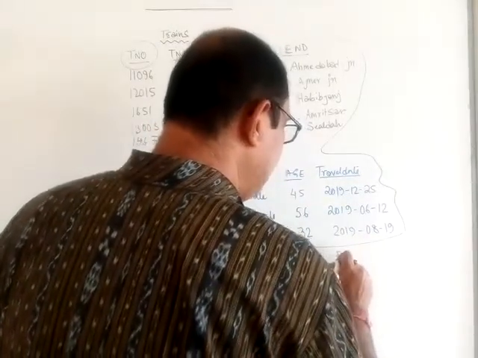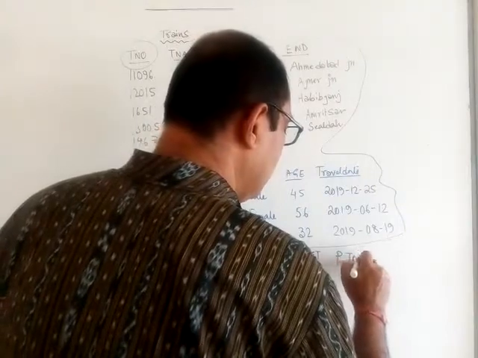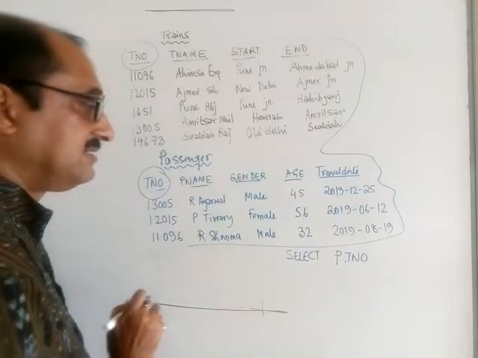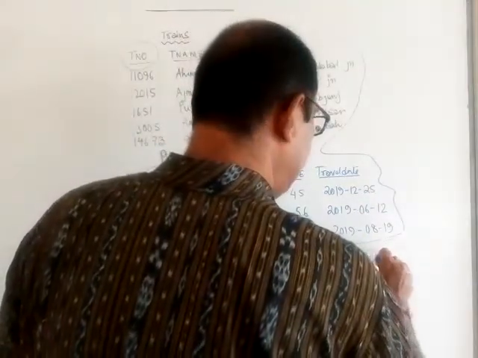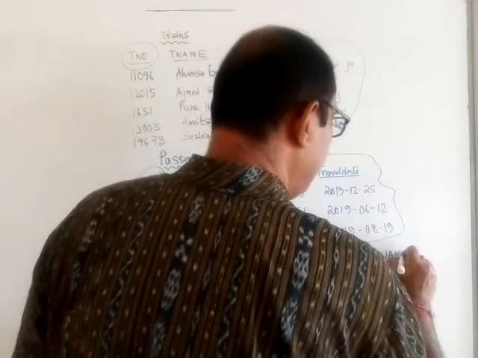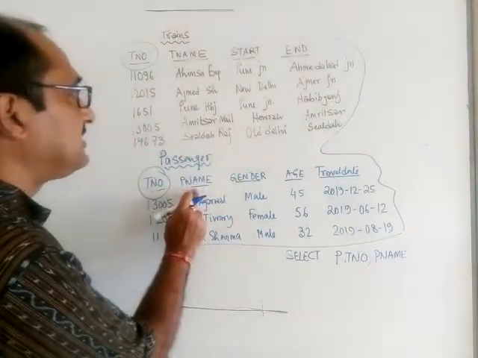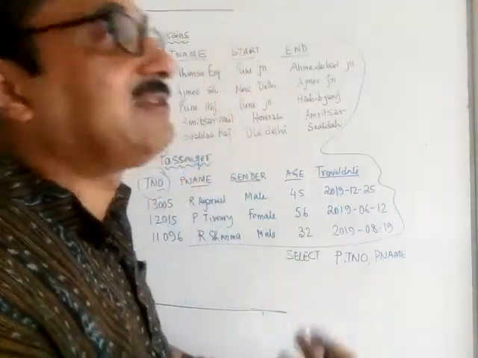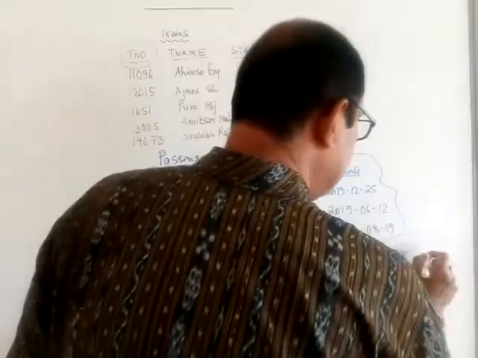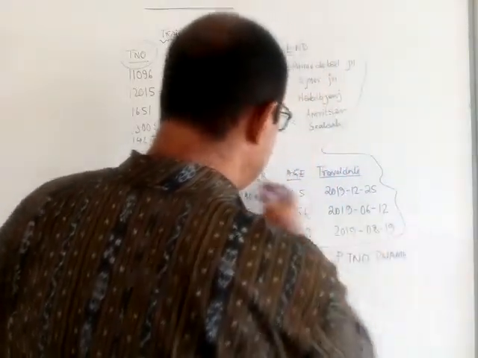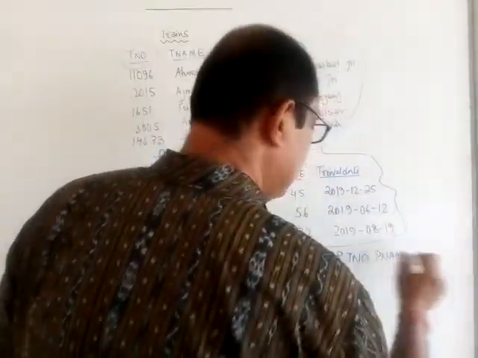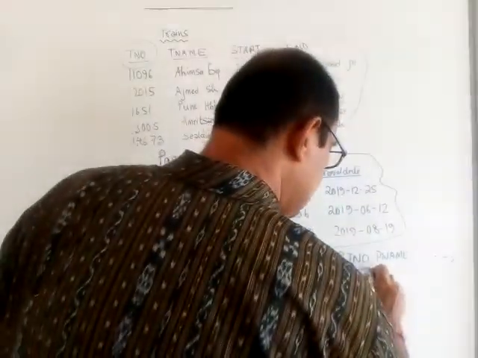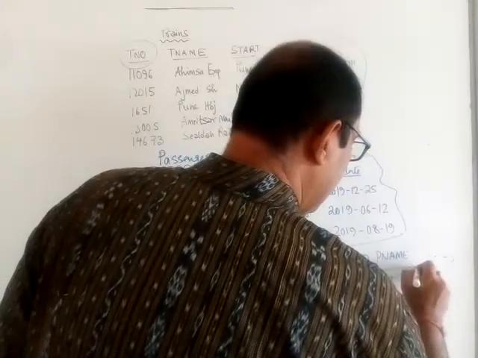I took the alias name here, P.TNO. I will later on explain that P is basically the short form of passenger. Similarly, I wrote P.name. I don't need to write anything before name because name appears only in this table. There is no name in the other table. So P.name I might like to write, I might not like to write. It's up to me. So this is how I wrote all these things, no spaces here. I wrote all the columns here. Comma. Then I realized that I need to have start and end also. So I wrote start, comma, end also.